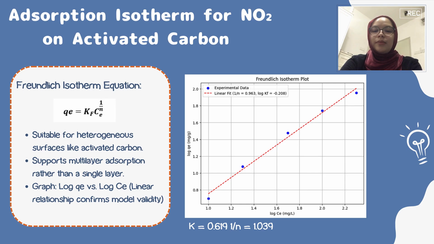Adsorption isotherm. Understanding the interaction between NO2 and activated carbon is the key to optimizing the purification process. The Freundlich model was selected because activated carbon's heterogeneous surface supports multi-layer adsorption. Experimental data confirm its effectiveness, yielding key parameter K equal to 0.619 and 1/n equal to 1.039, indicating strong